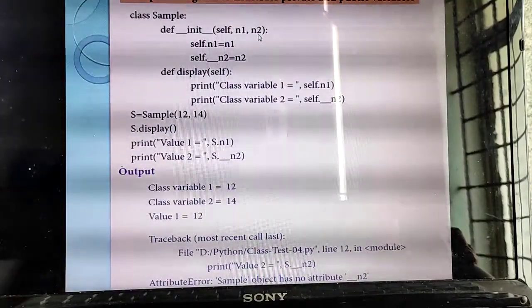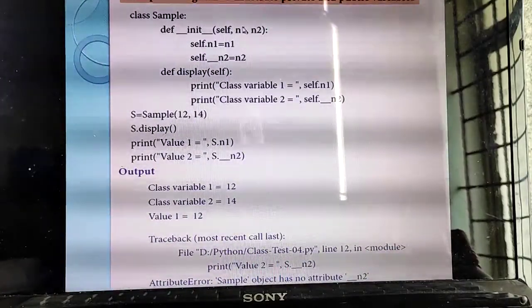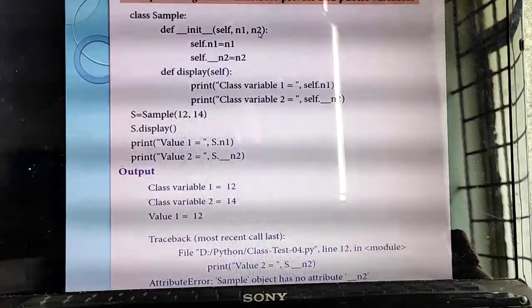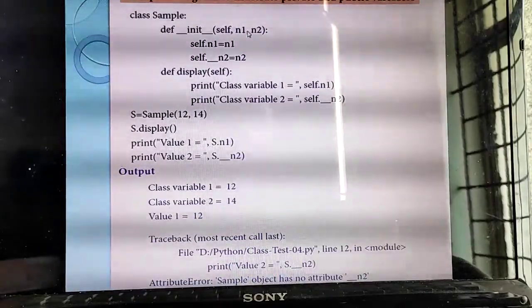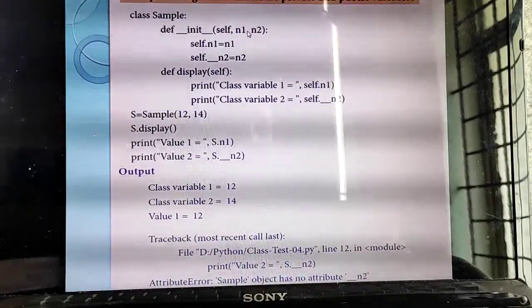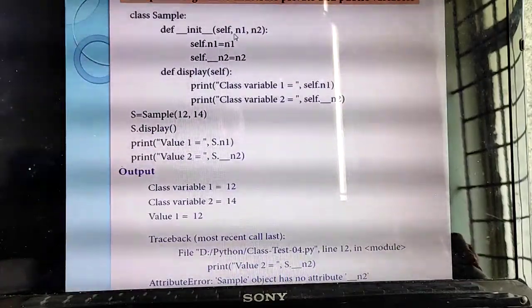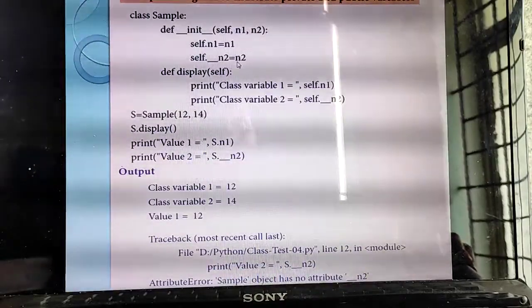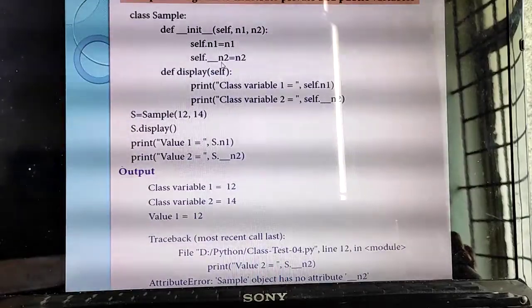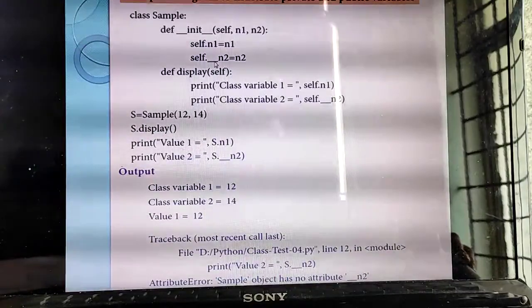Listen carefully. Now you are going to identify which is the public variable and which is the private variable. How many variables have you passed? Two. What are they? n1 and n2. Listen carefully, I am going to assign the values. If you give self as the argument, then automatically the values you give for the other arguments will be assigned to the variable self. First you assign the value n1 to self: self.n1 = n1. Similarly, next, listen, self._n2 = n2. What's the meaning of underscore? If a variable is prefixed with underscore, that variable is called which variable?